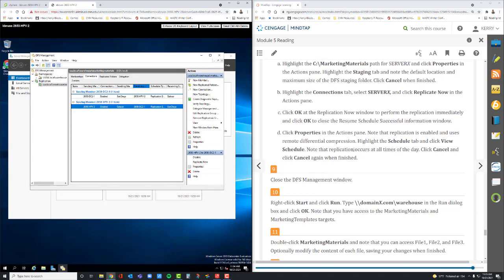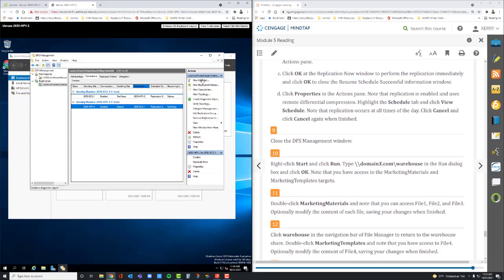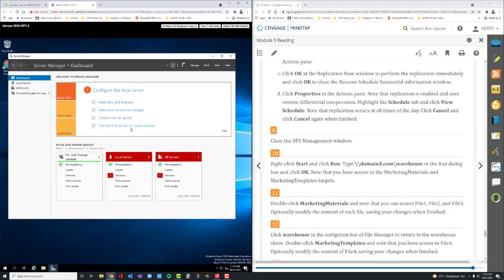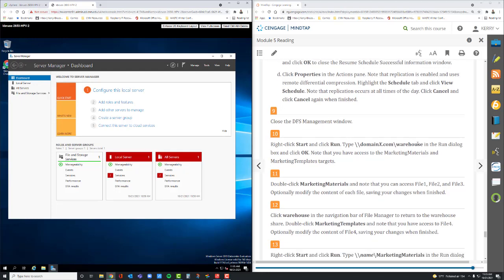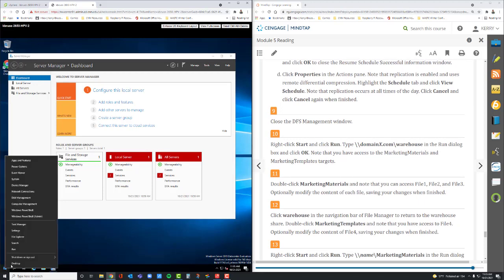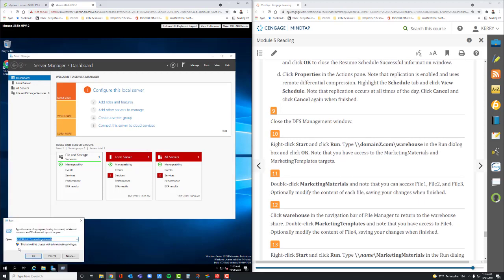All right, view the tab, note the replication occurs all the time, click cancel, close the DFS window. So at this point, I'm fairly comfortable that we've got our 2 folders set up in a data warehouse on DFS, and they're sharing and they're syncing. Okay, so then they want us to just go and fire up the warehouse. So from the run command, the warehouse would be usa.local /